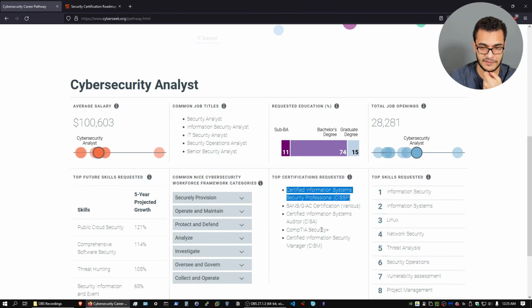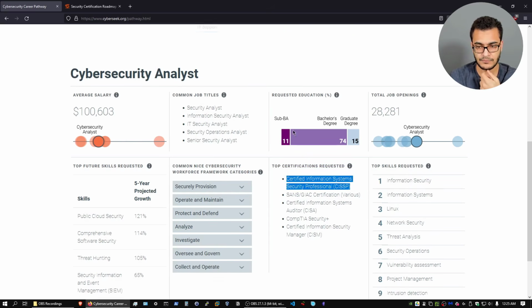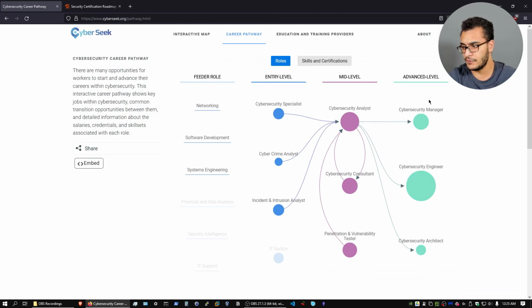You have Security Plus, still a constant there. And then, of course, you have your SANS certifications here associated primarily with cloud, I would say. Those are pretty much the most important ones, but there are other ones there. And you can see that the total job openings here are quite a few in comparison to the others. Right, so you can go through this yourself. I don't want to take too much time going through all of this. I also want to cover your certification roadmap. But let's take a look at some of the advanced levels first.